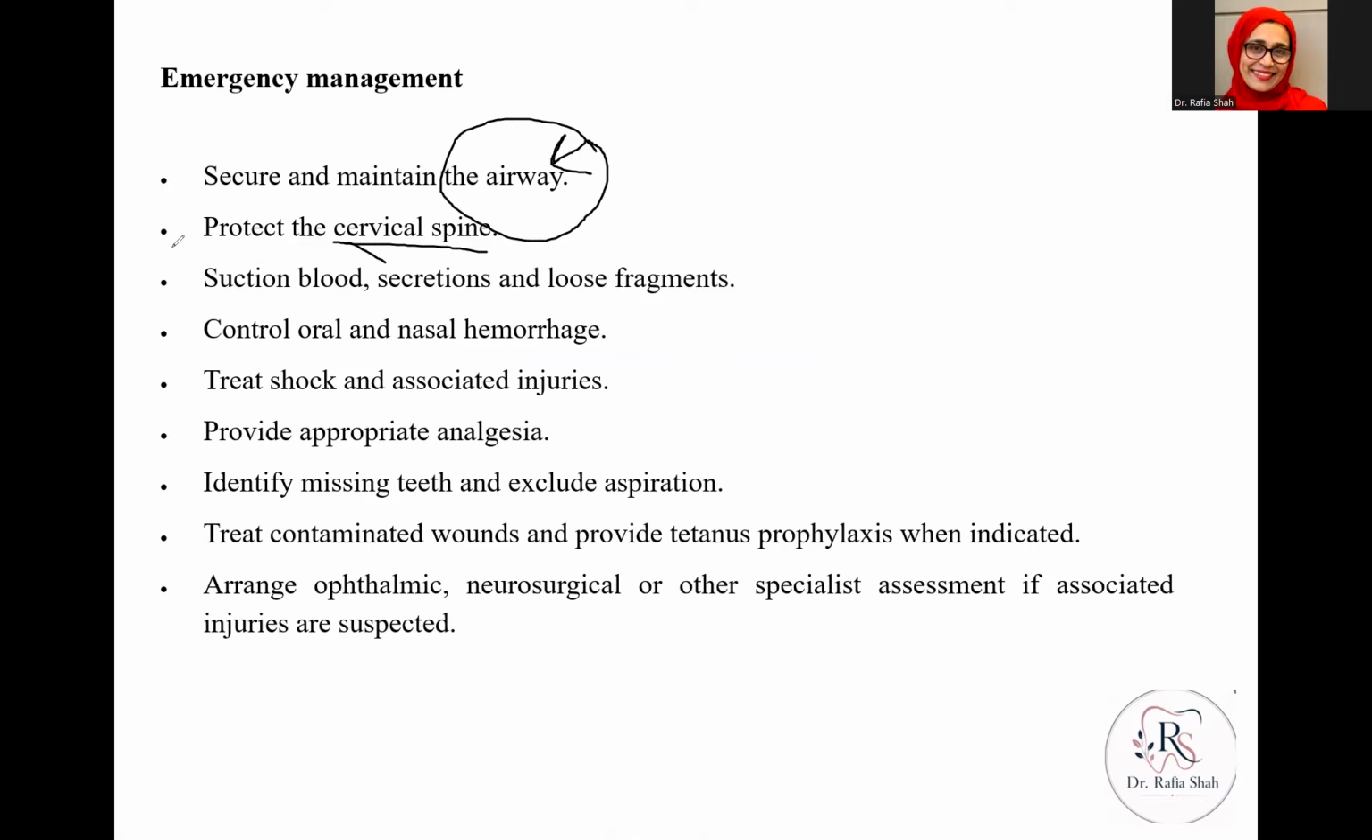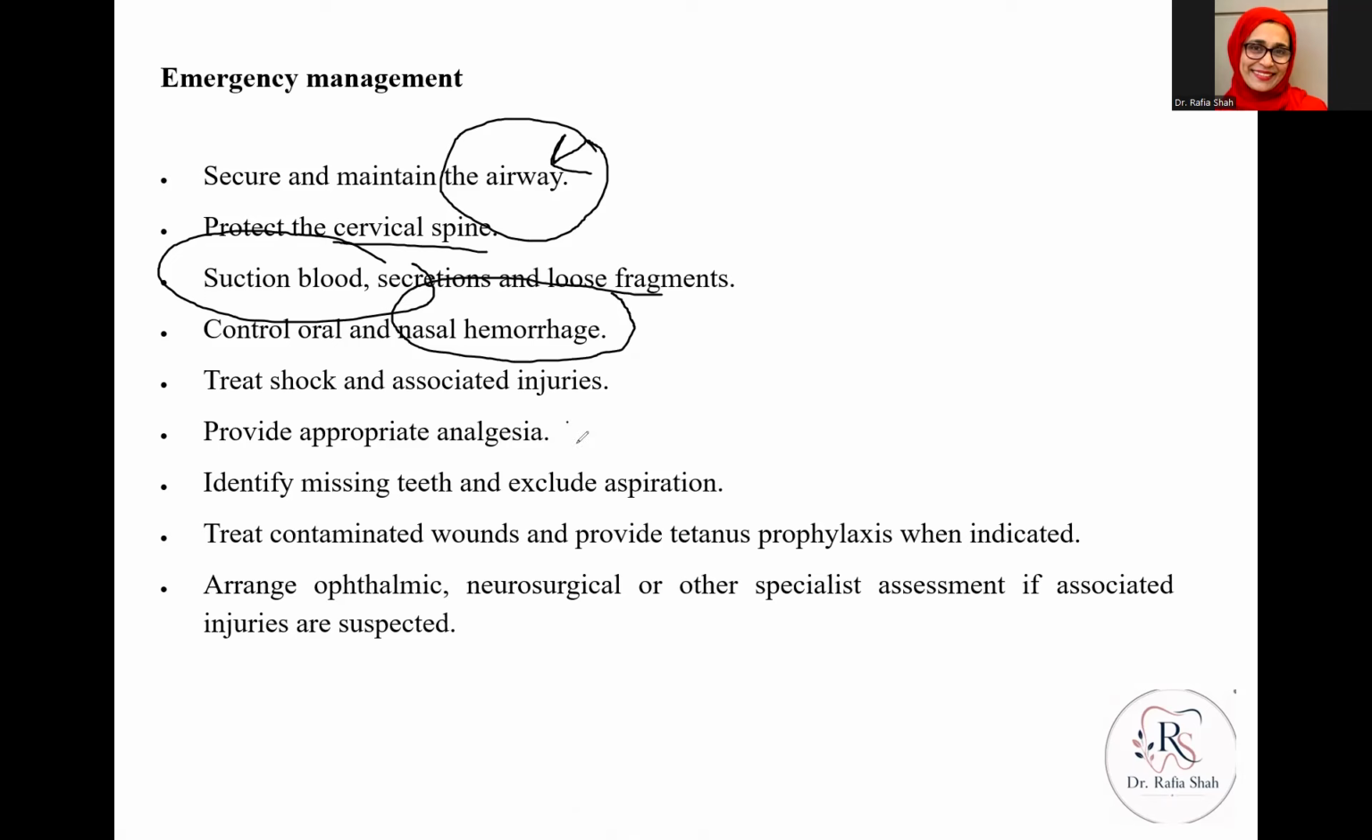We need to clear all the blood, all the secretion, all the fragments from the patient's mouth in order to allow a proper airway to the patient. In case of nasal hemorrhage, definitely in Le Fort 1, there is a nasal hemorrhage. So we need to control the bleeding, and we need to treat other sorts of injuries which are associated with